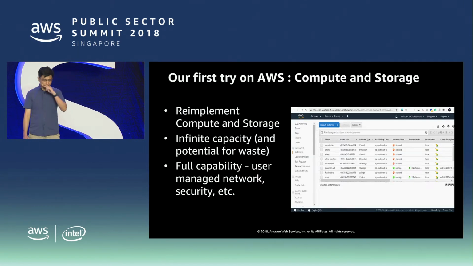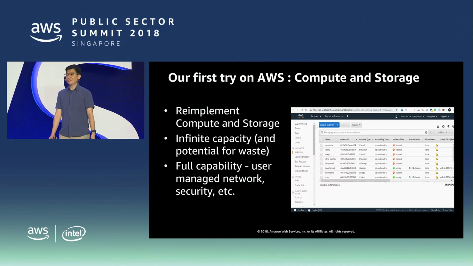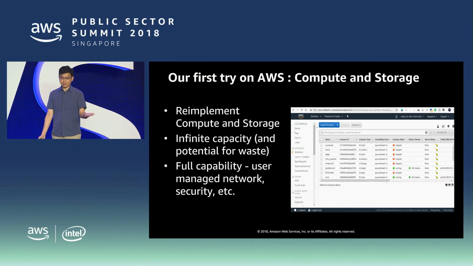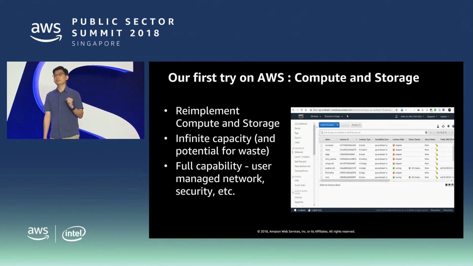Sure. At the beginning, we were like everyone else. We just tried to replicate our IT on Amazon. That's easy, right? Buy a bunch of buckets, EBS, and what have you, lots of VMs. Just by doing that, we got infinite capacity. And waste, sure, but that was good. What was interesting was that every single user got full control. Every single user who spins up some assets on Amazon can do anything they want. And this is something that was just not possible previously using on-prem systems.